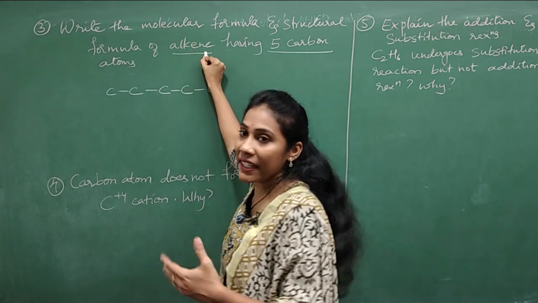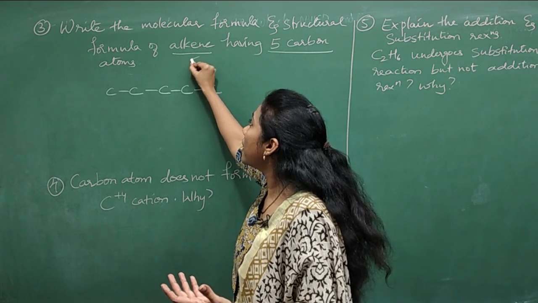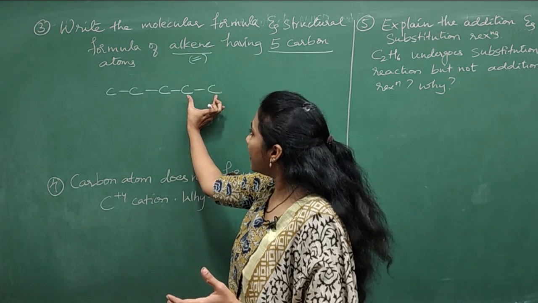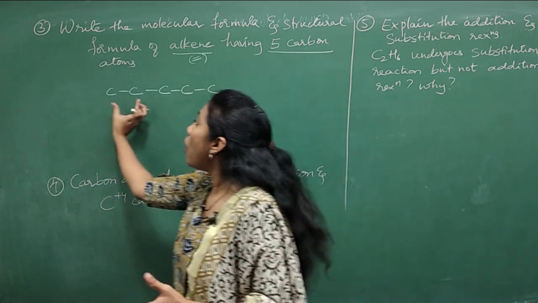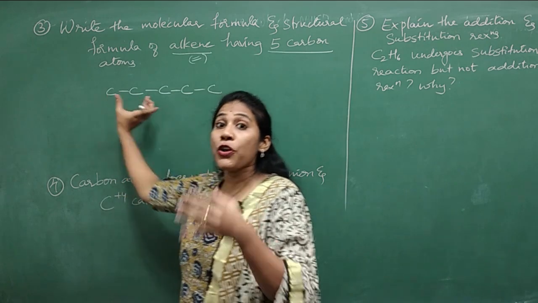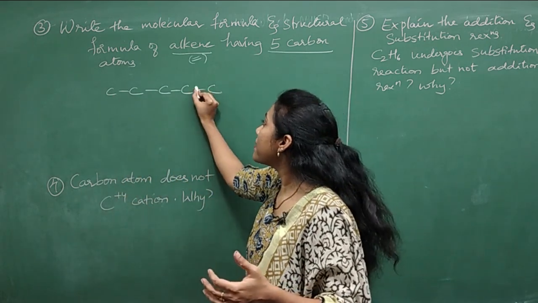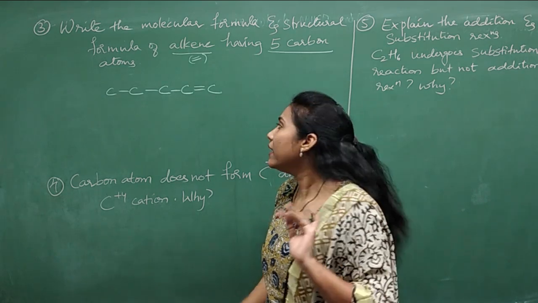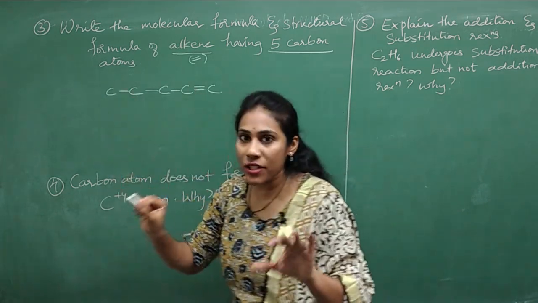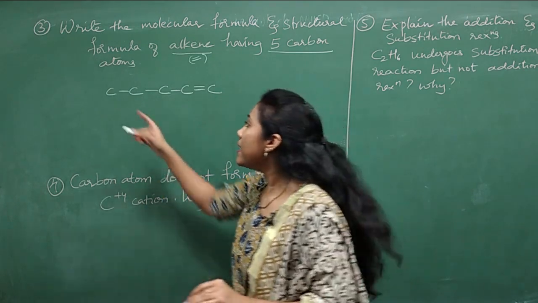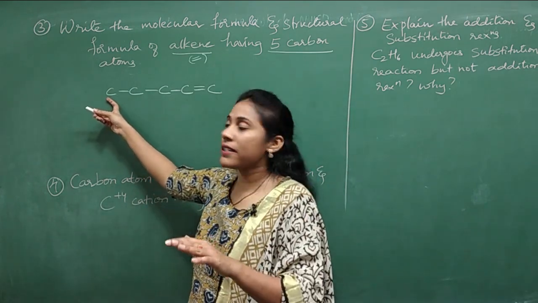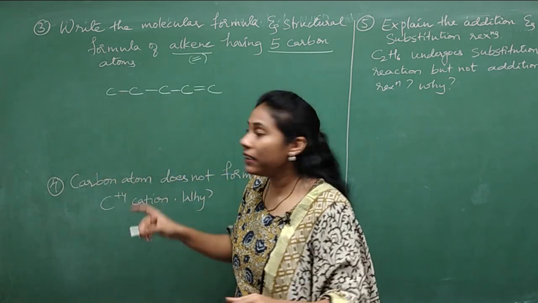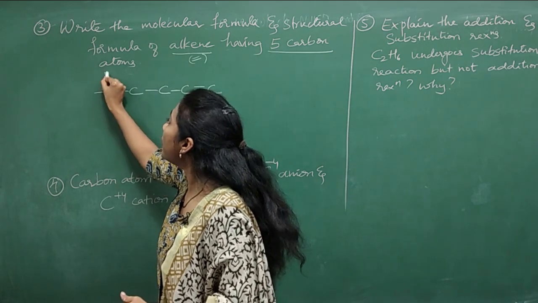It is an alkene, right? Alkene in the sense the hydrocarbon which has a double bond. So between the last carbons, either you can consider these 2 carbons or you can consider these 2 carbons. Between them put 1 double bond. Right? Over. Your skeleton is over. Now put however many hydrogens are required for each carbon. Around carbon you should have 4 bonds. 1 bond is already there, so 3 more bonds are still required. So put 3 more bonds with hydrogen.